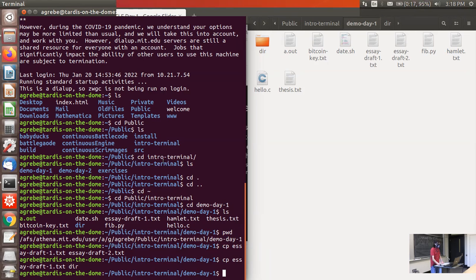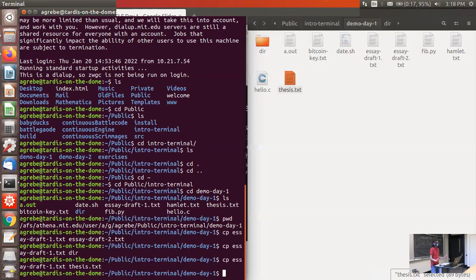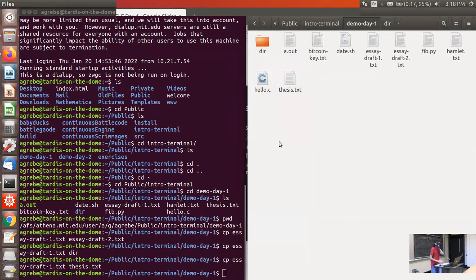So if I have this thesis that I've already worked really hard on, and I accidentally type cp essay draft1.txt into thesis.txt, it does not give me any warning. It just overwrites my thesis with draft one of this essay. So it's always a good idea to run ls and make sure that you're looking at what files you have before you run any sort of copy operation, to make sure that you're not overwriting things.